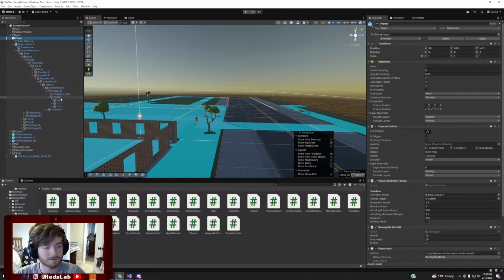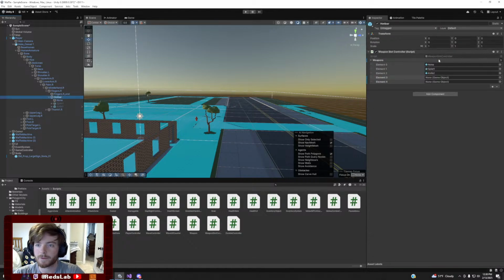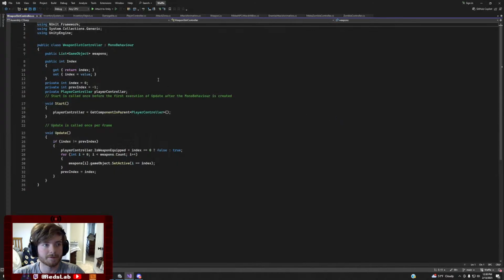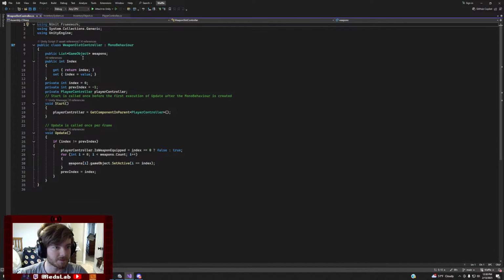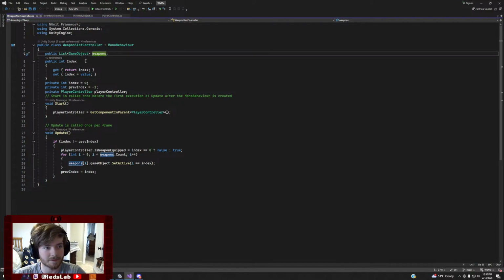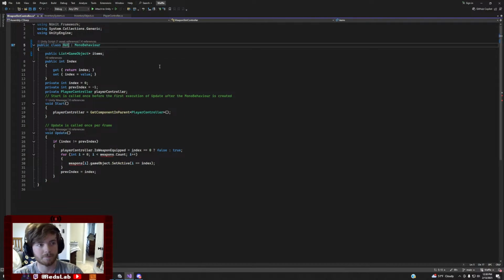We go to hotbar. It's called weapon slot controller. If we pull this up, I'm going to close out of a bunch of these so we can focus mainly on that. So we have a weapon slot controller. We have a list of game objects, which is weapons. We're going to just do items like so. We're going to rename this hotbar